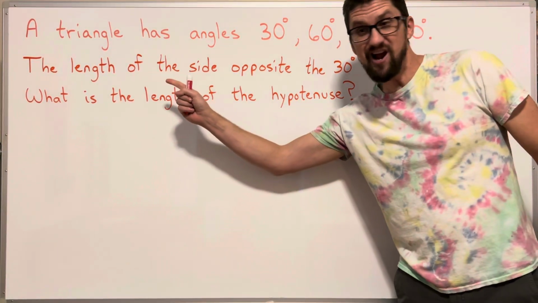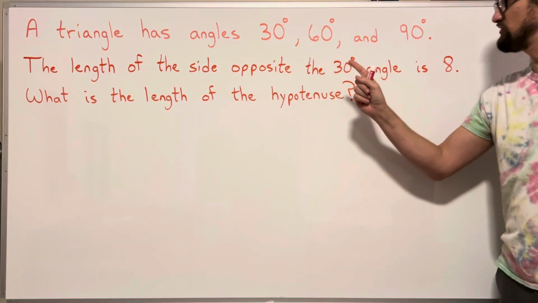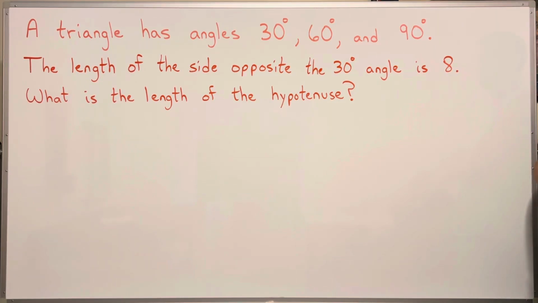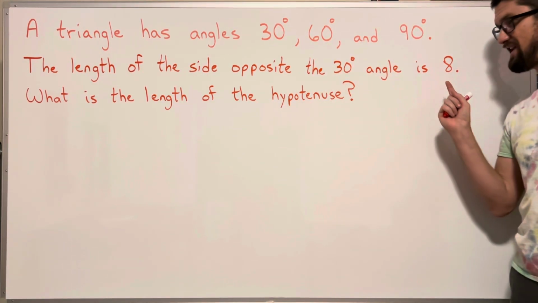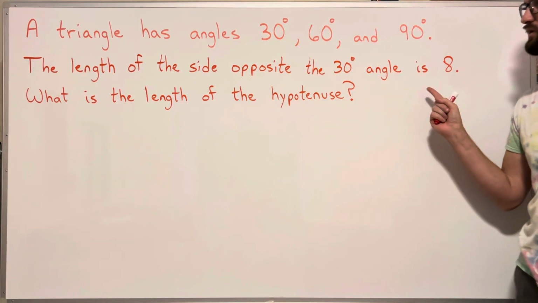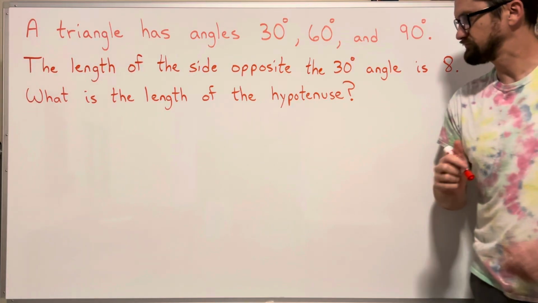In this problem, we have a triangle, and it has angles 30 degrees, 60 degrees, and 90 degrees. The length of the side opposite the 30-degree angle is 8. What is the length of the hypotenuse? Well,